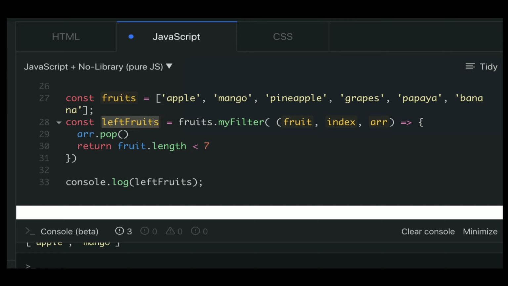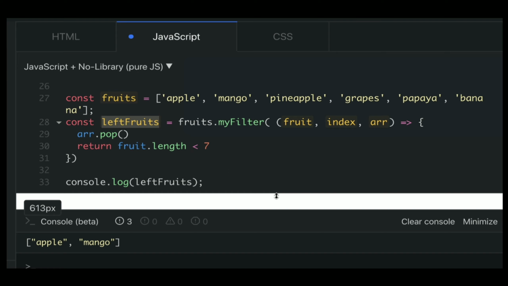So this new array will have only these two elements, rather than grapes, papaya, banana, because these are already popped out. The array won't have them, so they won't be used over here. So this new returned array will have only apple and mango.